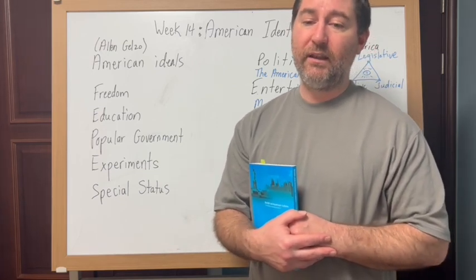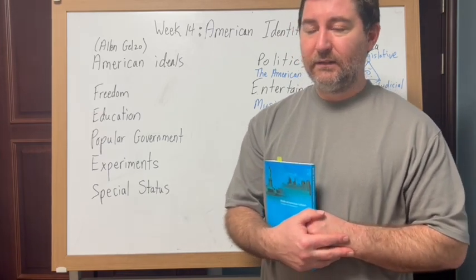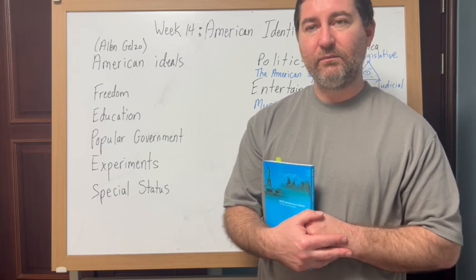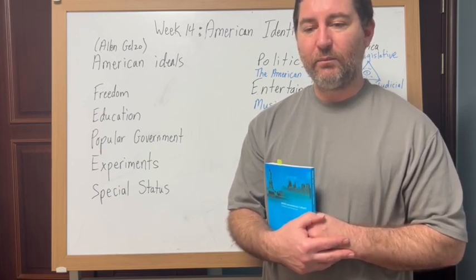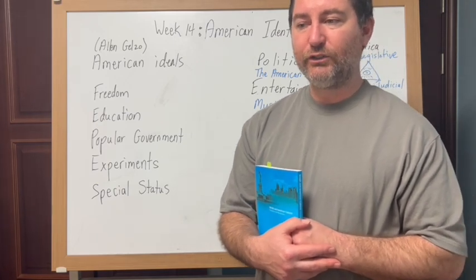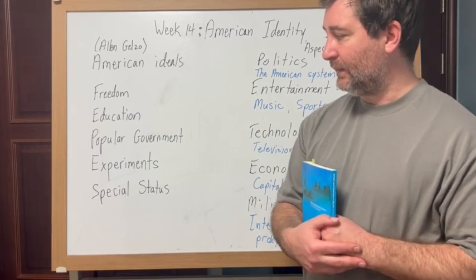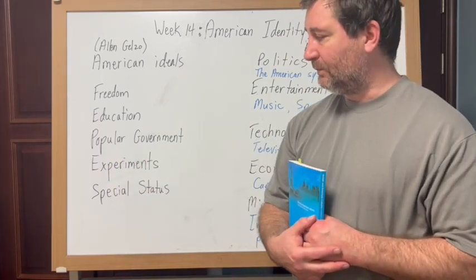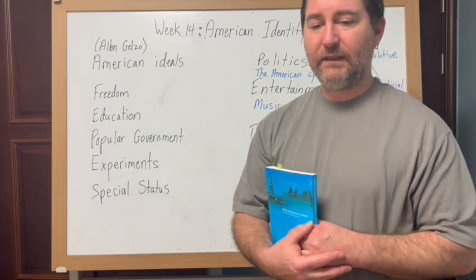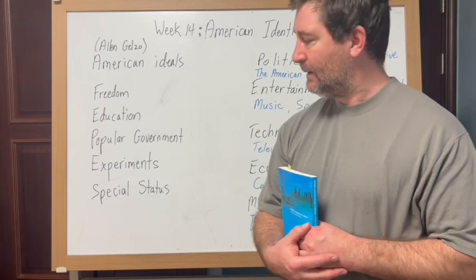We talked about the American Civil War, and John Madison turning over power to Thomas Jefferson in 1800. These were moments where people weren't sure if America was going to survive, but it did. And that has to do with popular government and its experimental progress, its developments as a political and social experiment.